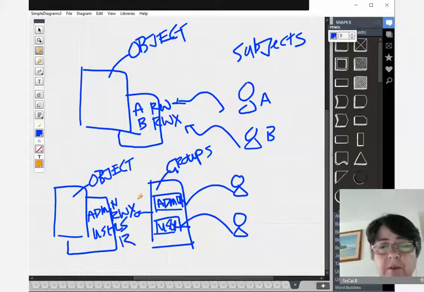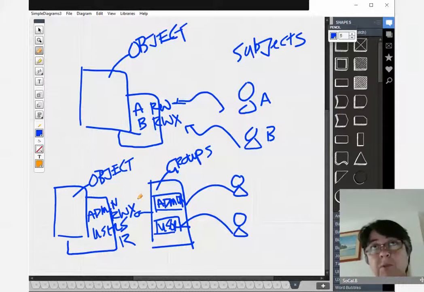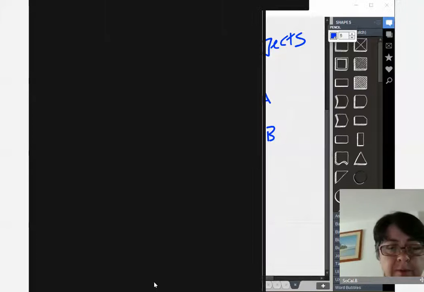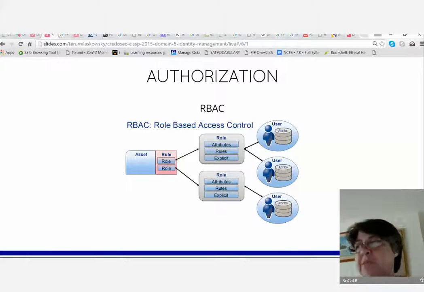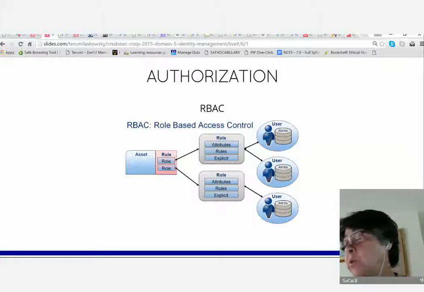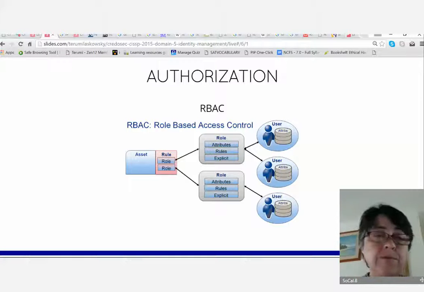But there are a couple of issues here. First of all, the object is only seeing groups, right? Like roles. They don't actually see the end user. Okay, and so that could be one. There's no real transparency there. And also, if we go back to the presentation material, okay, so that's basically what that is, right? So you have the asset, which is this object. You have rules, and within rules you have roles, and within roles in the center you have users belonging to these roles.